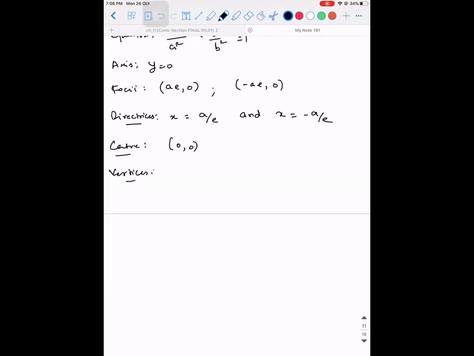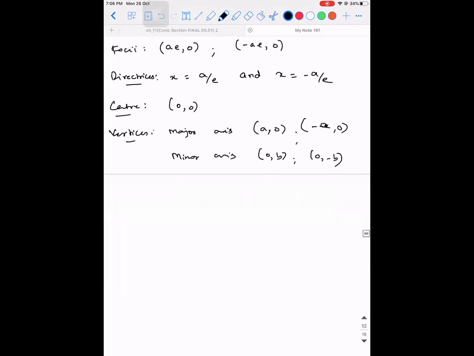Vertices, major axis: a comma 0 and minus a comma 0. Minor axis: 0 comma b and 0 comma minus b. Okay, last point, latus rectum: